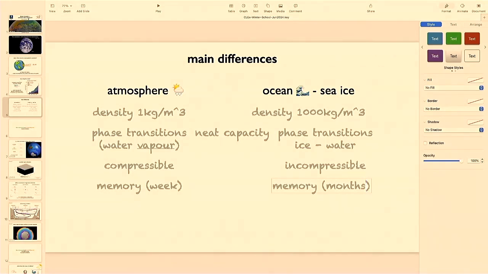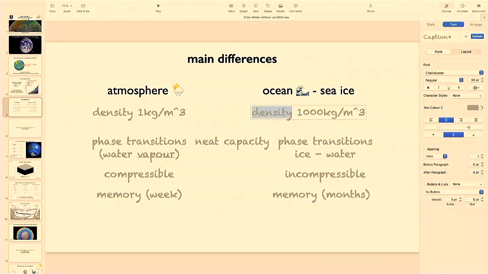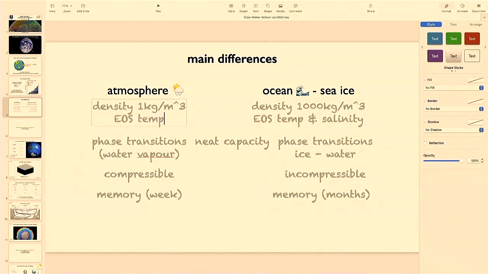Well, yeah, that's a good one. So, I'll put it up with the density. It's not just that the base density is different, but also the equation of state, EOS, depends on temperature and salinity, while that's not the case for the atmosphere, all right? Perhaps they also depend on depth, perhaps on other things, but I think the main difference is the salinity, okay? We need to carry around how much salt is there in the ocean. Salt plays a lot overall, yes?